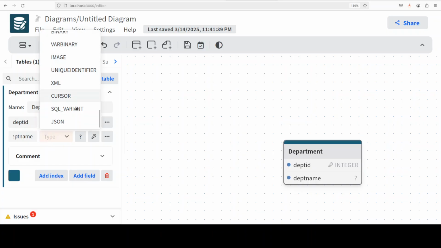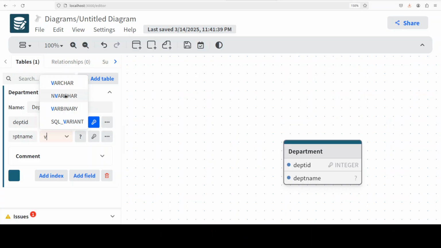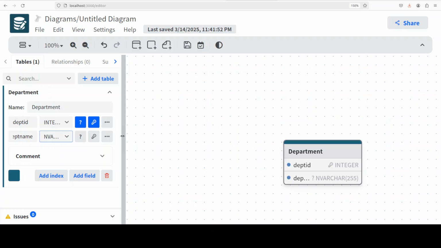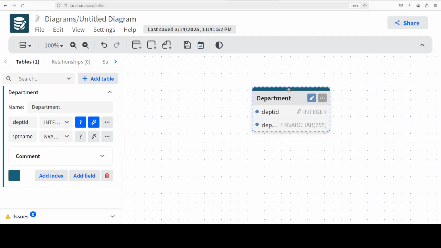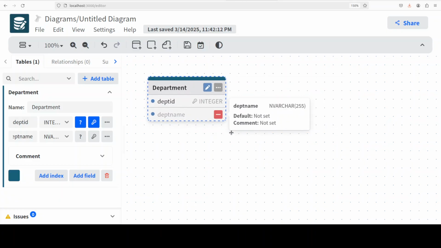It's been such a long time since I have done this. Anyway, so where is varchar? So let's go with nvarchar. Doesn't matter at the moment. You can even create an index on top of it. You can make it primary key. I think it already did the primary key here, which ensures that your columns have unique values, and then you can create the relationships. So I'll just make the department as maybe a parent table, and then let's create